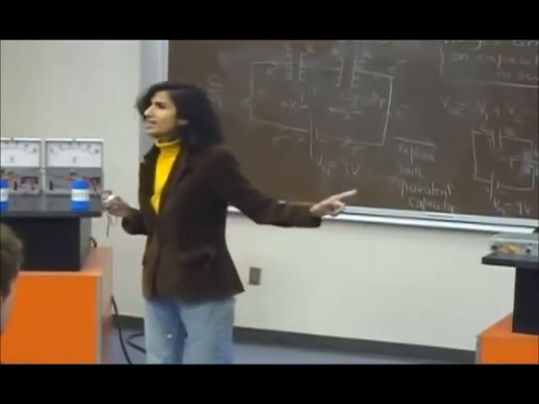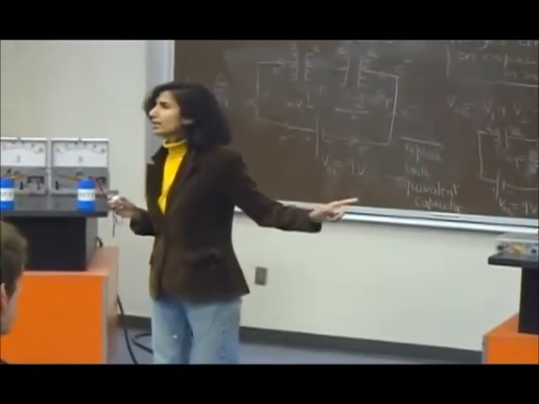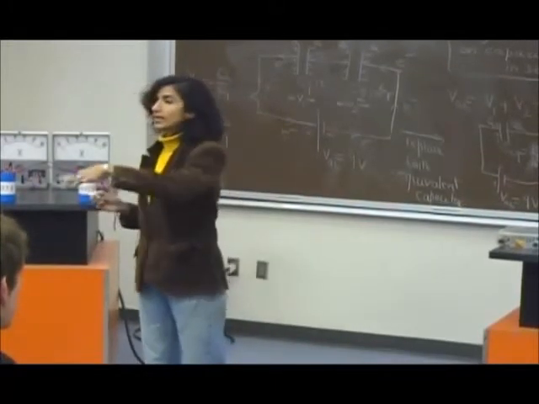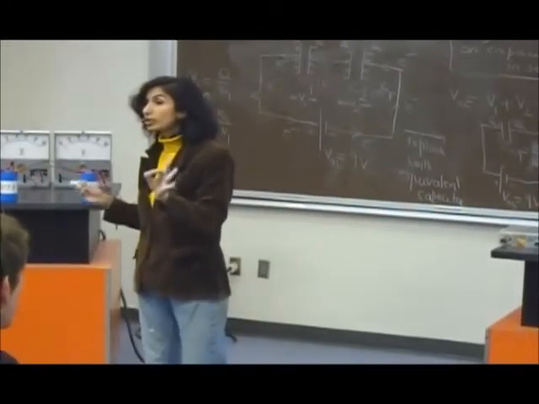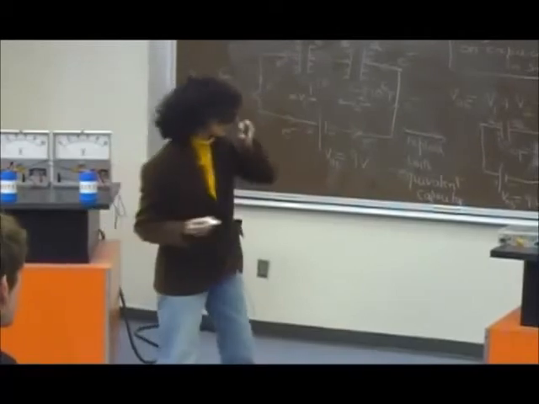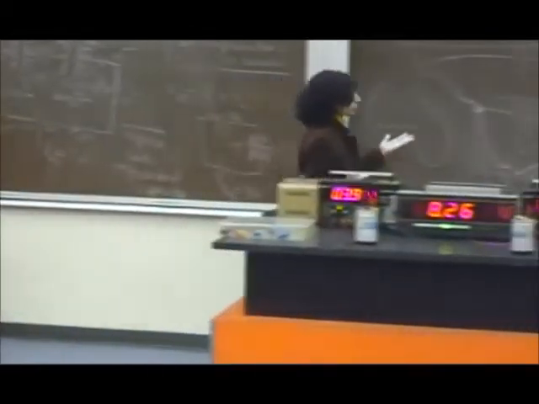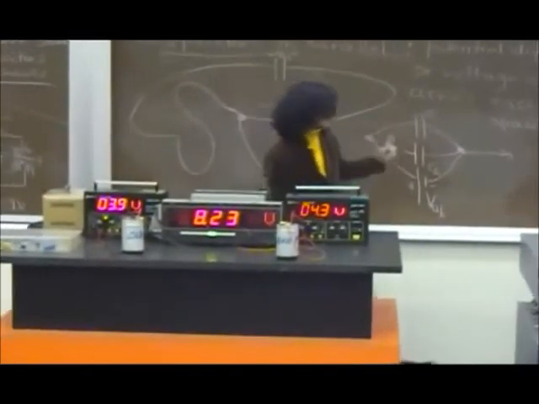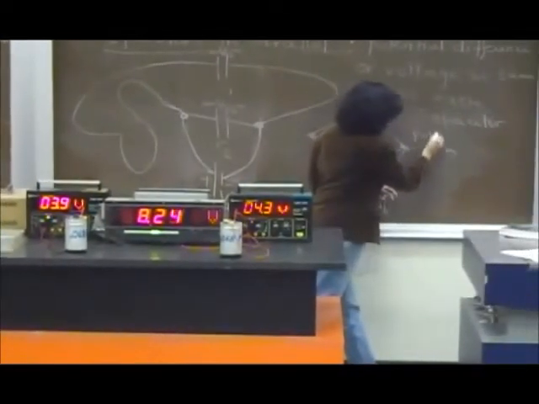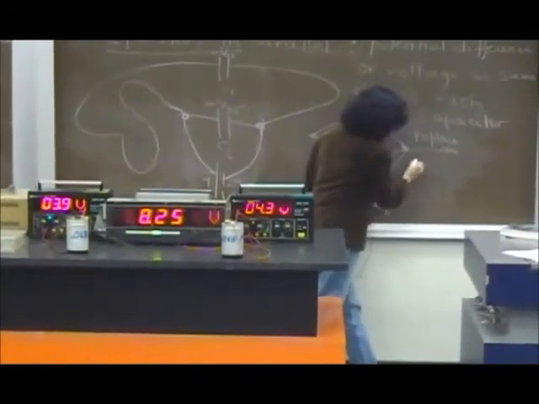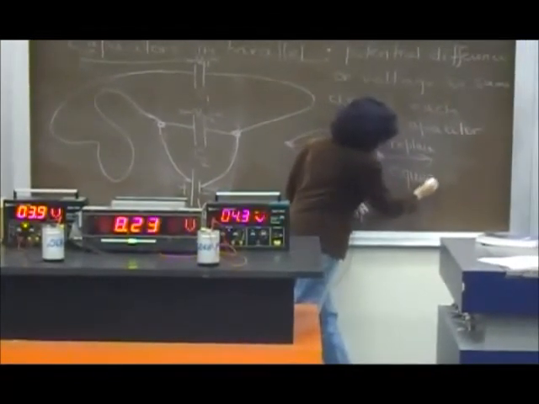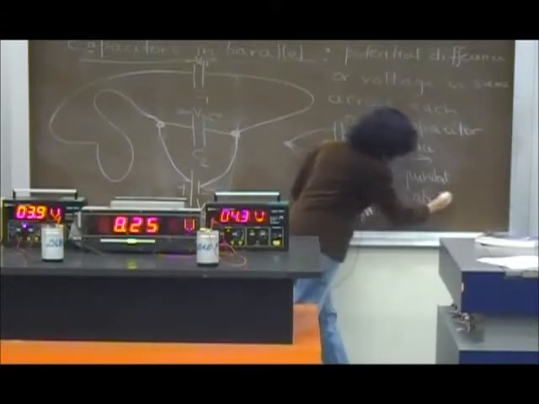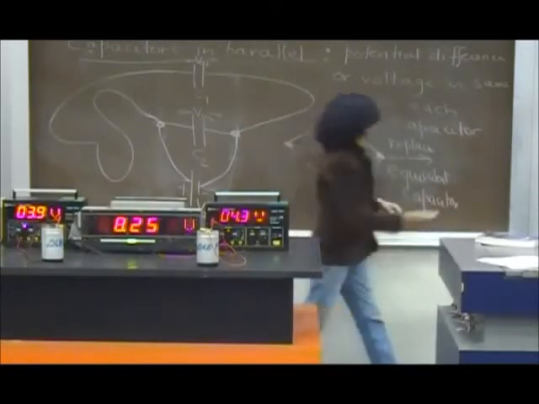By the way, is it clear to everybody why these are all the same? How long a wire you have or how the wire is meandering is not important. Just look at the junctions. That's what's important. Now what do we want to do? Our goal again is to replace these capacitances in parallel with one capacitance, which we are going to call the equivalent capacitor, such that